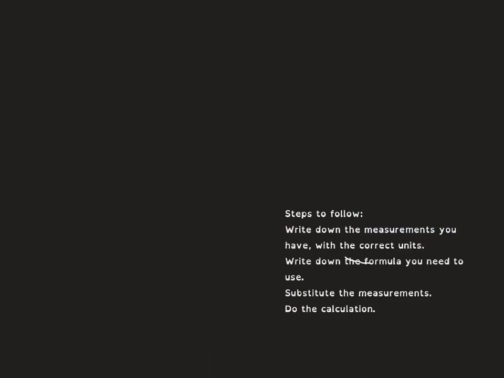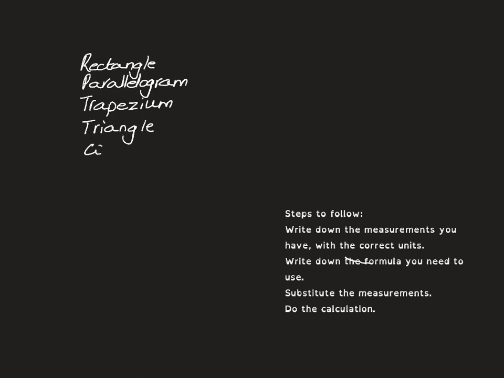So we've gone through formulas for various shapes, not all the shapes, obviously. We looked at the rectangle, parallelogram, trapezium, triangle and the circle. We worked through a few examples, and hopefully you noted that every time you do an example,